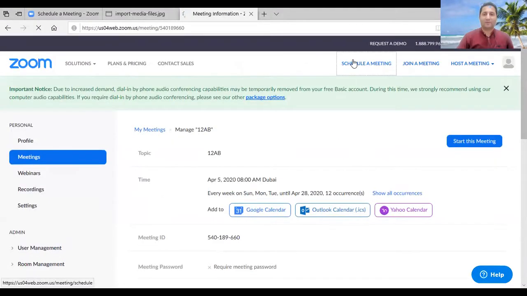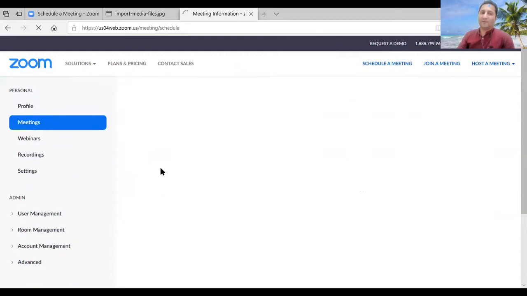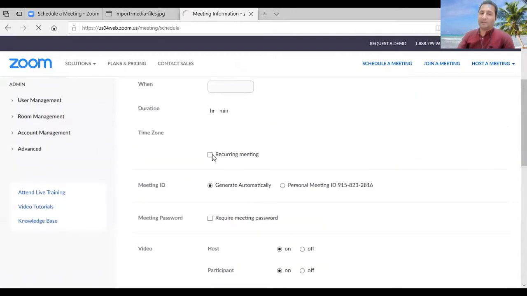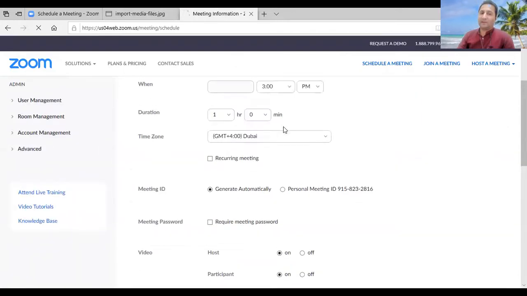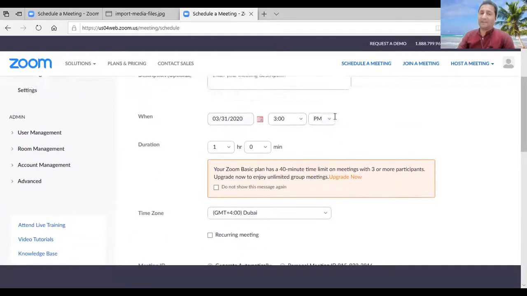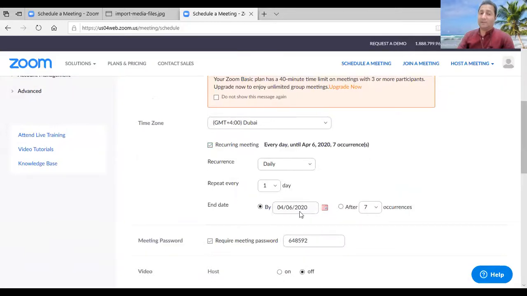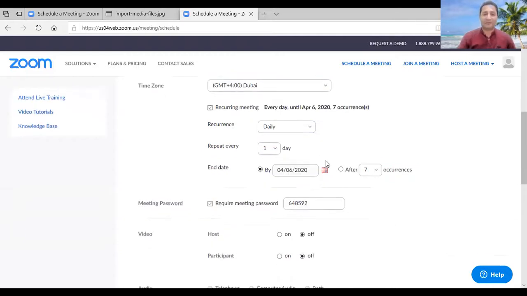Again, you can go to rescheduling the meeting, for example, and when you reschedule the meeting, you will get this one page. It's loading again. But don't forget to click on this: after putting in all these points and adjusting the time and everything, click on the recurring meeting. This is very important because it will create the same ID for each class, and you will use that in your timetable, and that ID will be shared with the students, and the students will come to join the class. So this is the complete information about that.